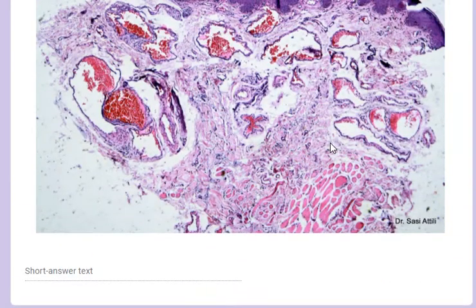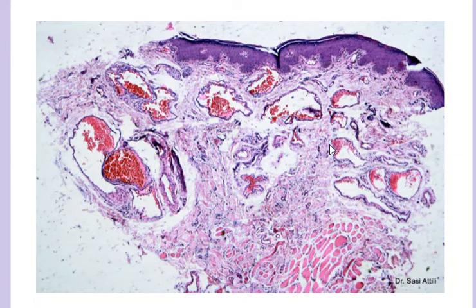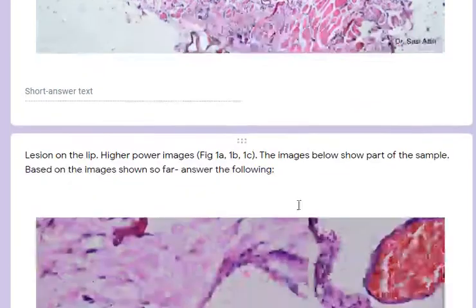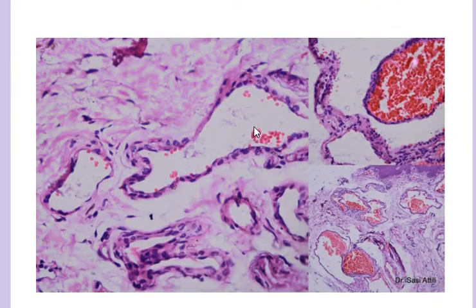And the clue whether this is benign or malignant is the fact that the tumor is not infiltrating inside, it's not dissecting in between the collagen bundles, it's just pushing the collagen bundles aside and making its own space. So in malignant lesions, the collagen bundles tend to be dissected apart, and the blood vessels tend to proliferate in between the collagen bundles, and that is what you may see in an angiosarcoma, for example.